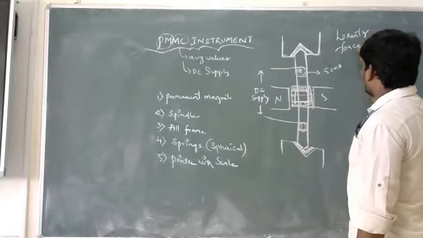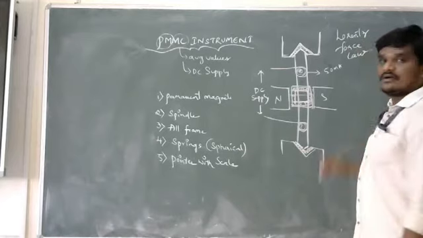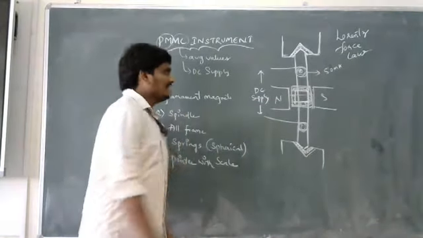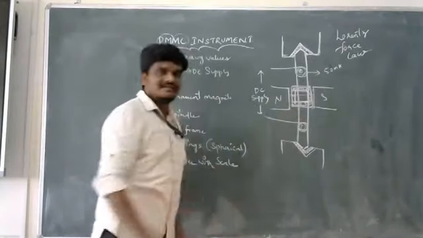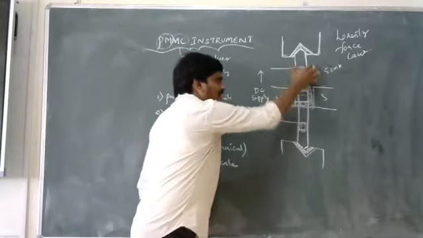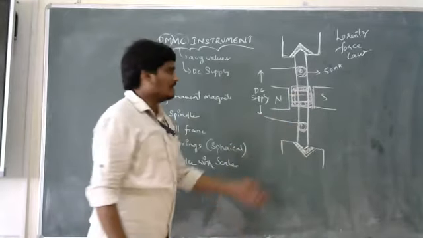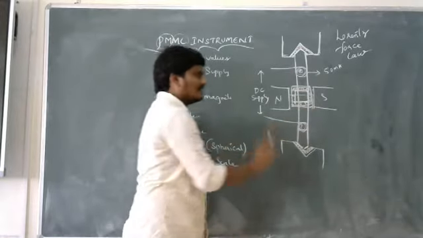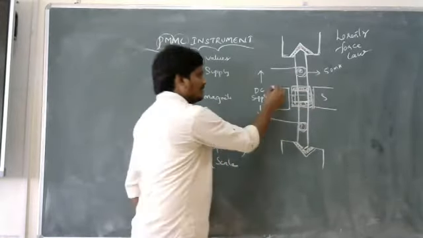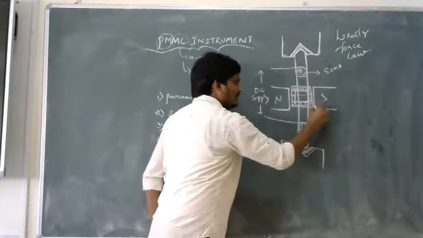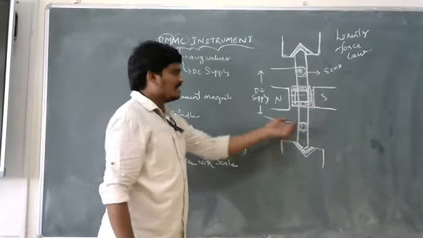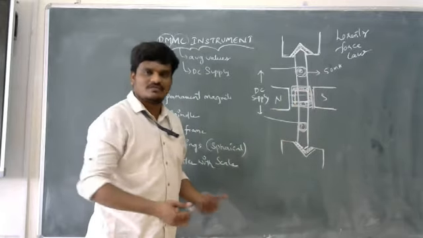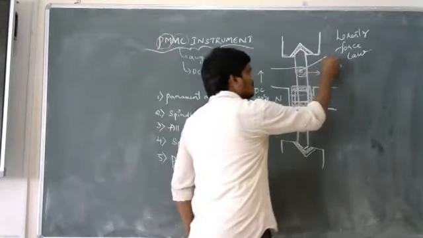We will work on the Lorentz force law. Now we will give the statement of the Lorentz force law. In my construction, the current carrying conductor is nothing but the spindle. Whenever a current carrying conductor is placed in the magnetic field, where I am using a permanent magnet, it produces some amount of force.